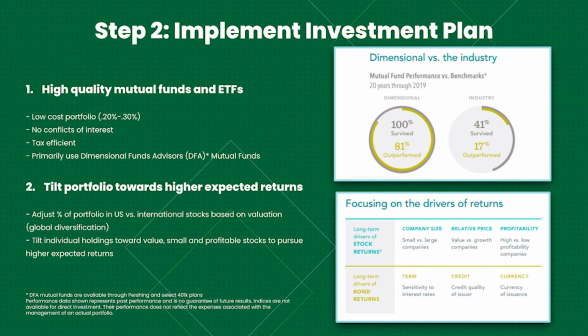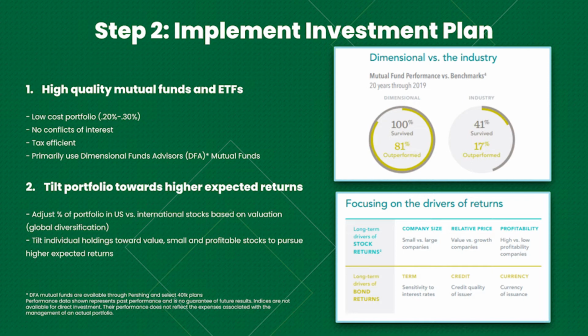Yeah, this is where we start to get into the details. You're starting to pick the individual mutual funds, ETFs, stocks, or bonds. It's determining what the mix is going to be, how much you're going to own of what. From our process, really the first part is picking those. We primarily use funds from Dimensional Fund Advisors, or DFA. So these are high quality, low cost, tax efficient mutual funds and ETFs.